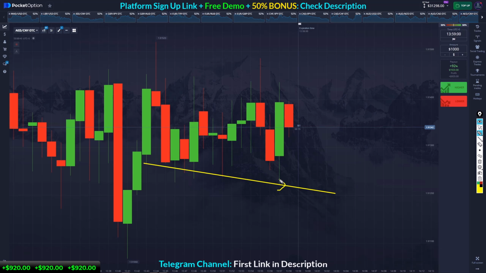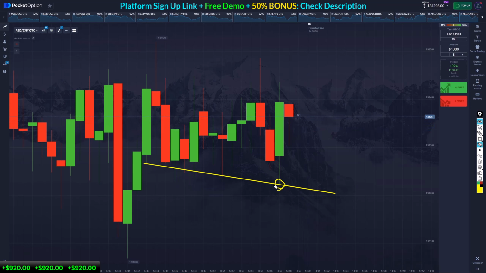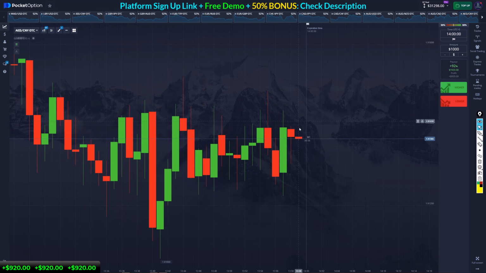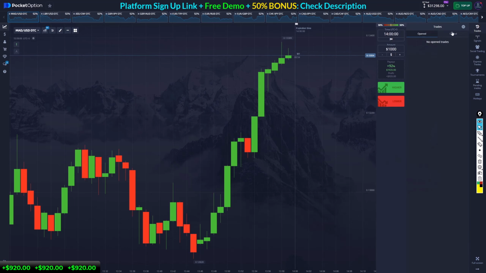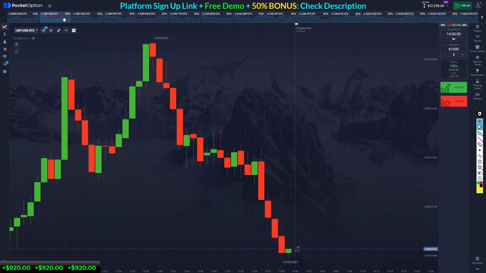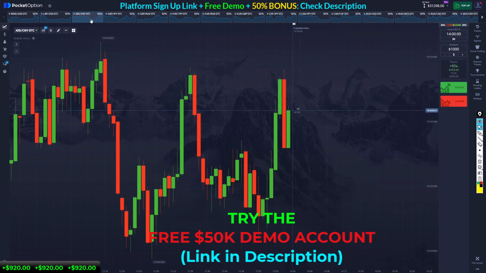I was trying to take this uncommon point of rejection right here. And if you look at the back, you see again, maximum 2 red candles. So we wouldn't expect a third one here. So the preference is a green one. And then the entry would be exactly here, which I had a late entry here, but still it was a winning trade, okay? So far we got 3 trades. All right, I will try to take